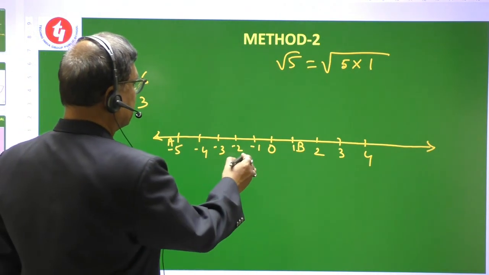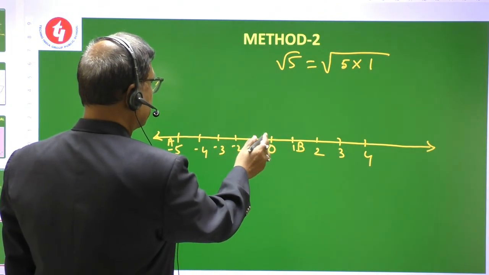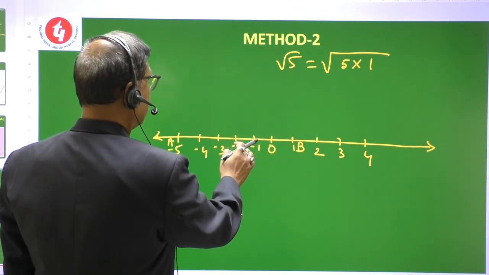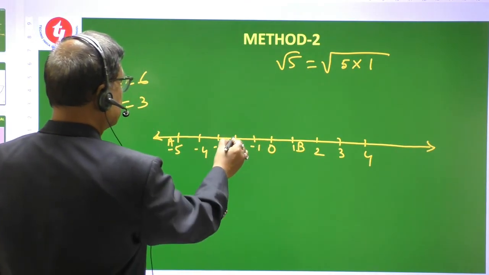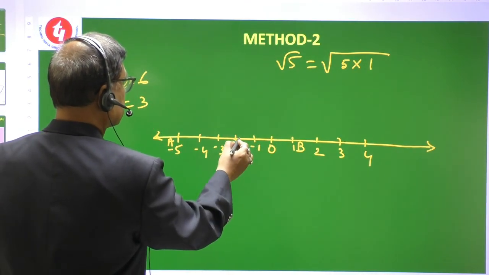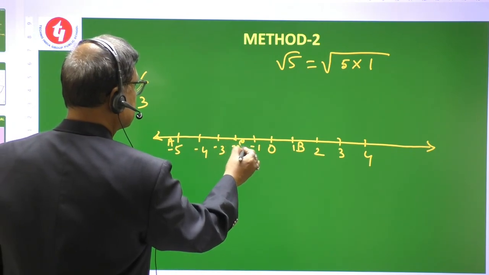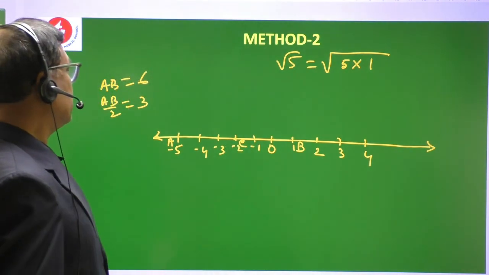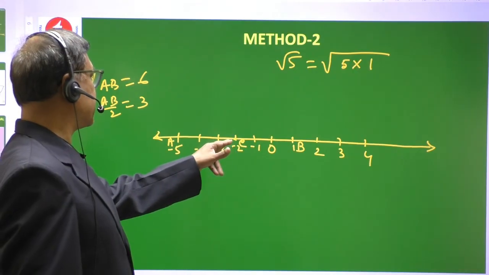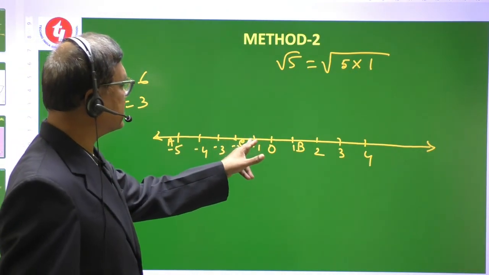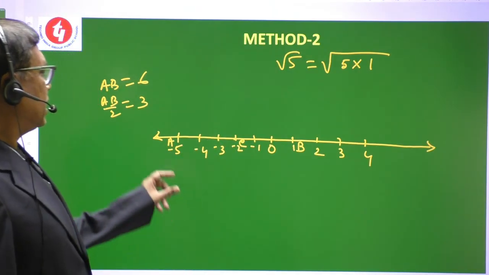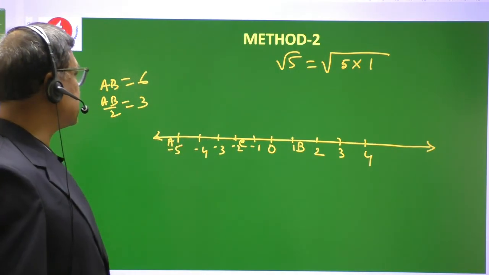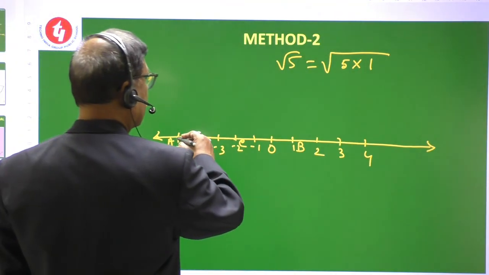So at 3, that means from origin 1, 2, 3, this is the center point. Yes or no? So marking C as the center, because from C left side 3 units and on the right side also 3 units. Now taking C as center and 3 units as radius, if I draw a semicircular arc,